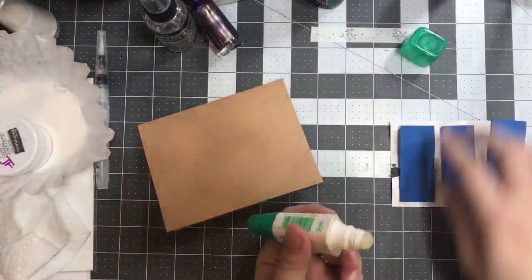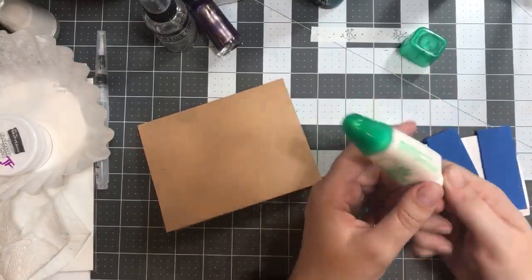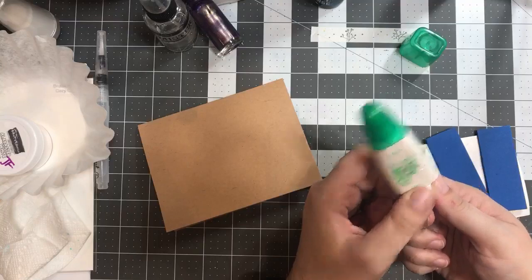Okay, and this is probably the only time that I use this side of my Tombow Mono Multi Liquid Glue